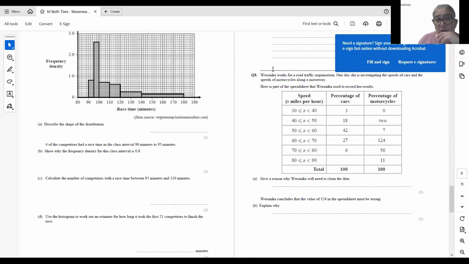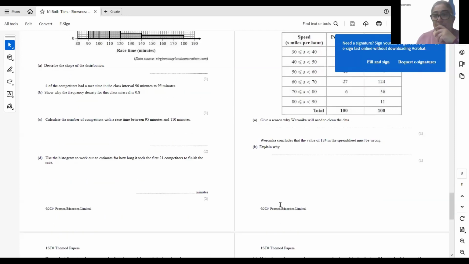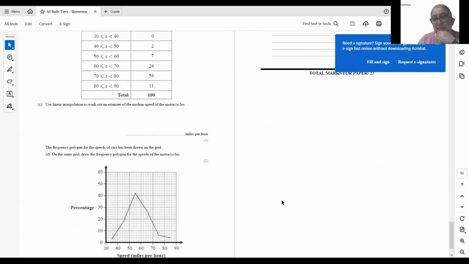Then we got histograms where they're having to describe the shape of a distribution and being explicit about, oh, that's the same as describing the skew. So to use a maths analogy for that one, when it talks about describe the relationship on scatter graphs, what they're asking you to do is to describe the correlation. And there's plenty